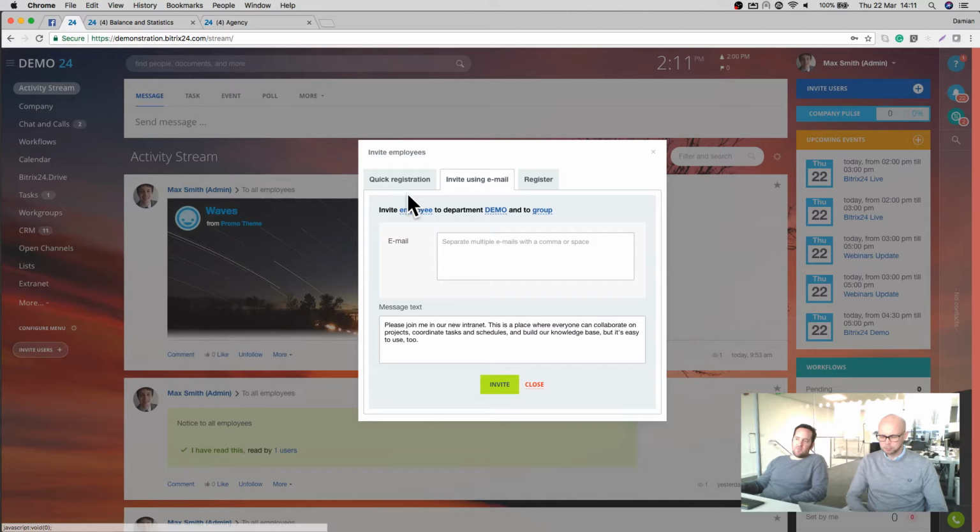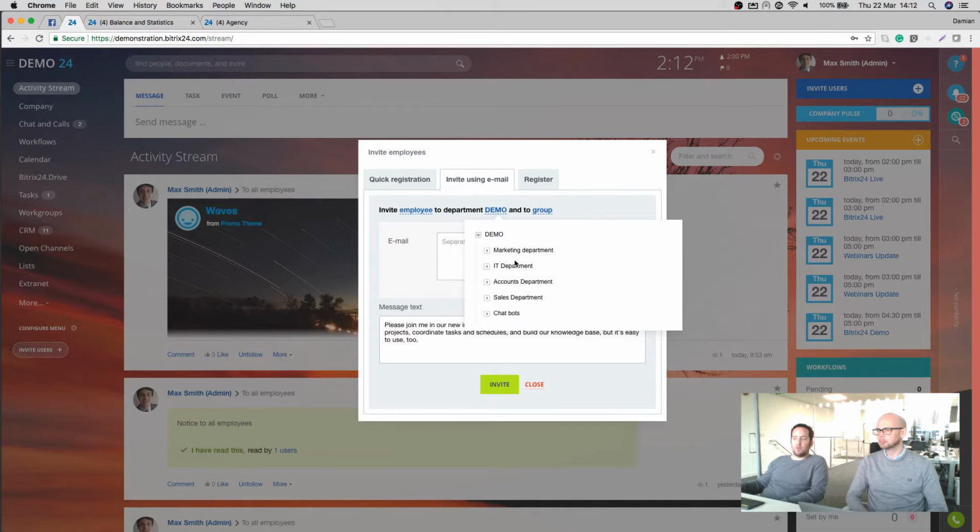But here you can see on the screen, if you're just going to invite a normal user, if you're inviting an employee, then that would class as a user on your system. We always recommend, if you've just started using Bitrix, to set up your company structure. So when you're inviting your new users into the system, you can select invite employee and you can specify a particular department from your company structure to put them into,